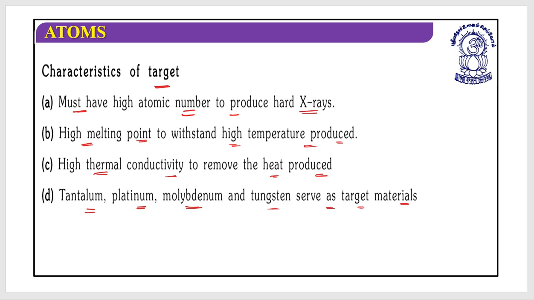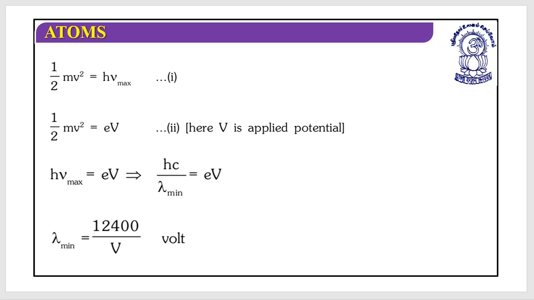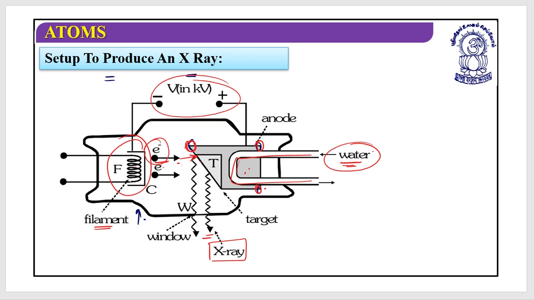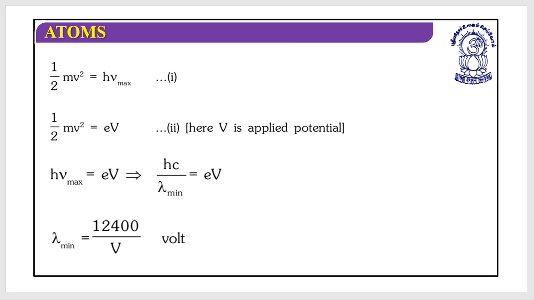Great. Now let's look at the mathematical calculation from this. What we understand is that an electron has a certain amount of kinetic energy. That would be converted to the energy of an X-ray. So half mv square should be equal to hf max, and